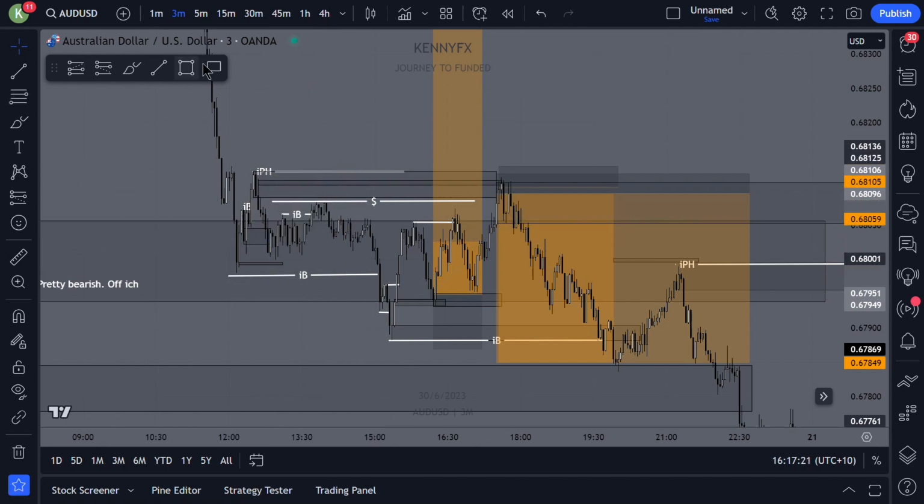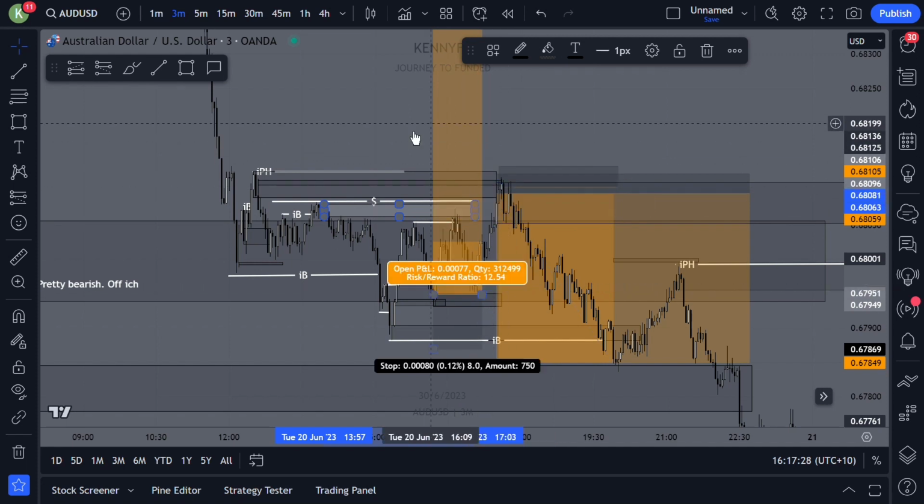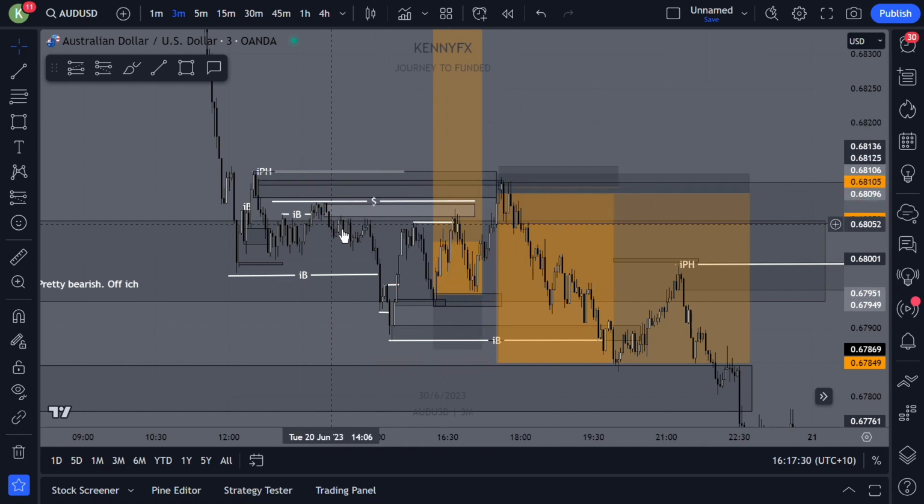Let's just get rid of that. I probably would have taken this order block right here. And as you can see, it had a nice reaction, but it did get stopped out. Okay, but